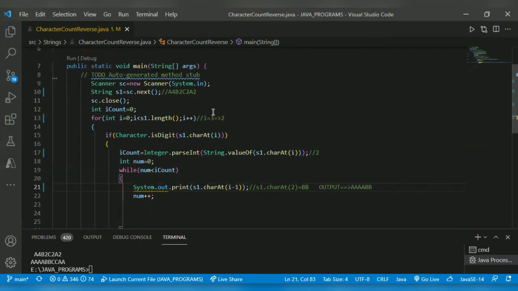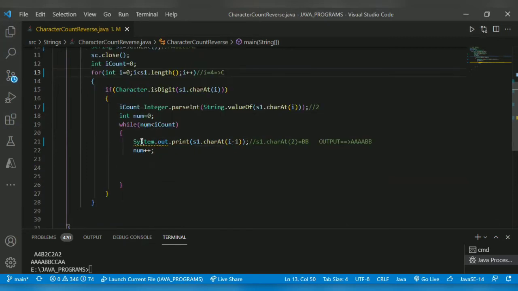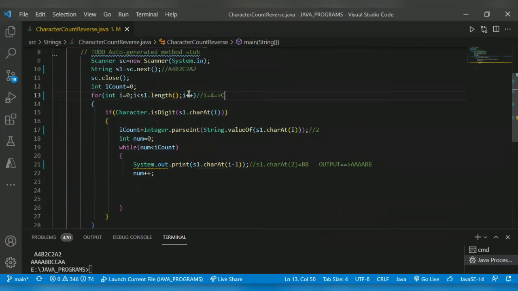After that, i is equal to 4. i equal to 4 means 0, 1, 2, 3, 4 is C. C is not a digit, so it will not go into the if block. So i will get incremented to 5. 5 is 2. 2 is a digit. The s1.charAt(i) value 2 will be stored in count.